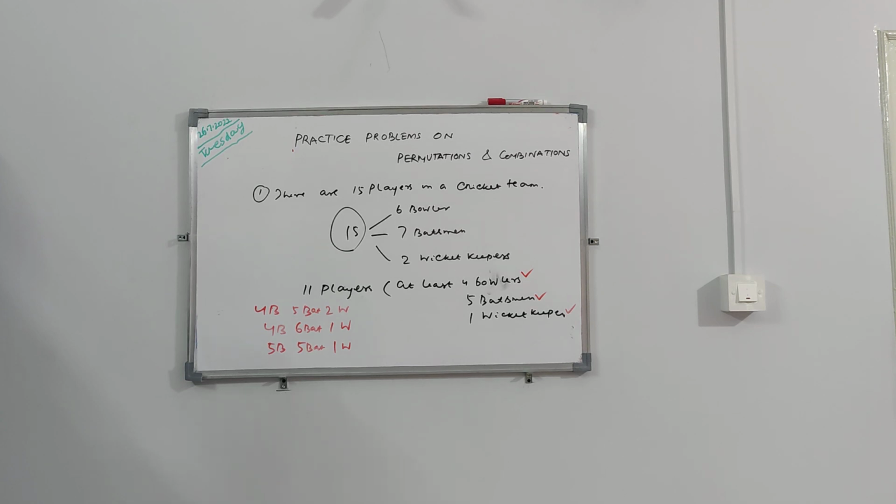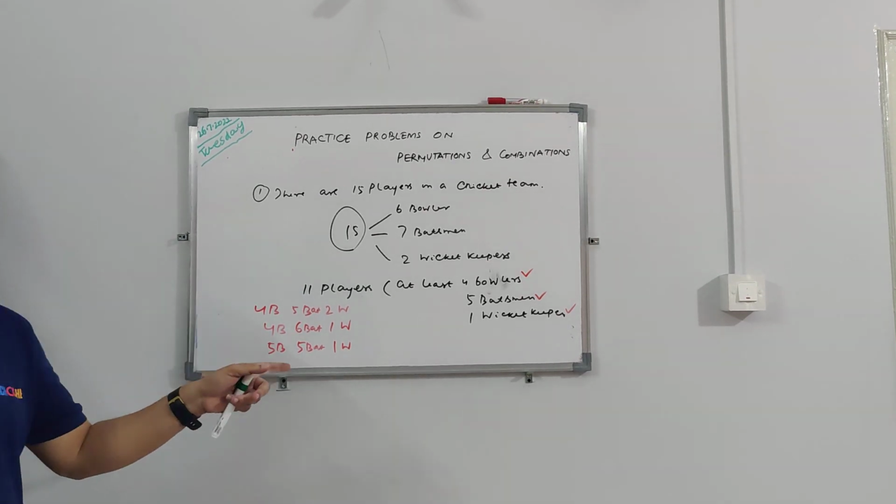So 4 bowlers, 5 batsmen, 2 wicket keepers. 4 bowlers, 6 batsmen, 1 wicket keeper. Then 5 bowlers, 5 batsmen, 1 wicket keeper. Okay. So can you think of a way where you will have, say, 6 bowlers? So if you take 6 bowlers and 1 wicket keeper,